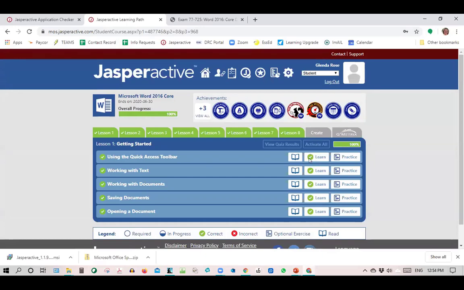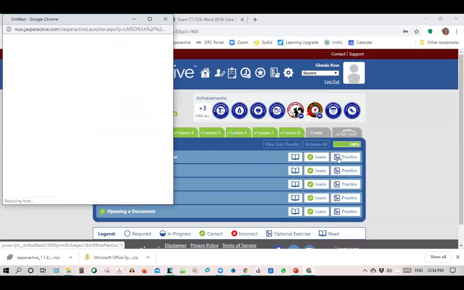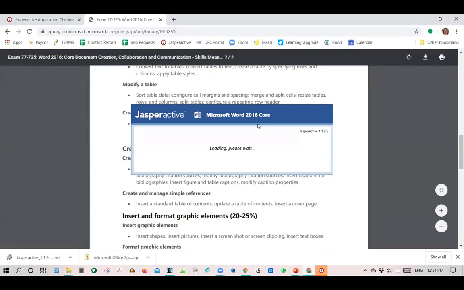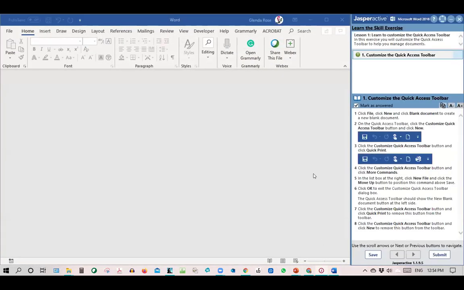So after they finish the reading, and perhaps after we've gone through the PowerPoint or any of the lessons together, they have a Learn button. Now I can't do the Learn button because I've already finished this one. But if they don't get everything in that Learn correct, then they have to go into Practice, and it'll take them back. It takes over your computer. I had to teach my antivirus software that it was not a virus because it does take over your computer.